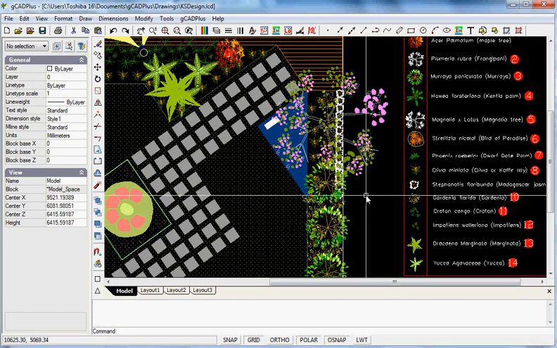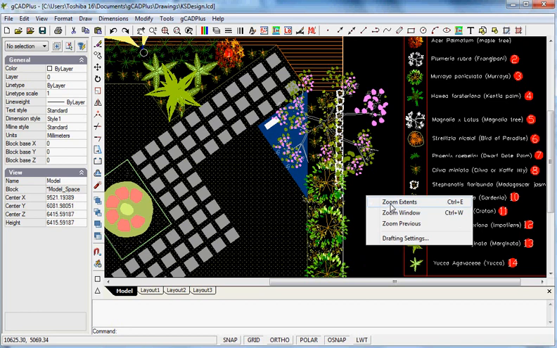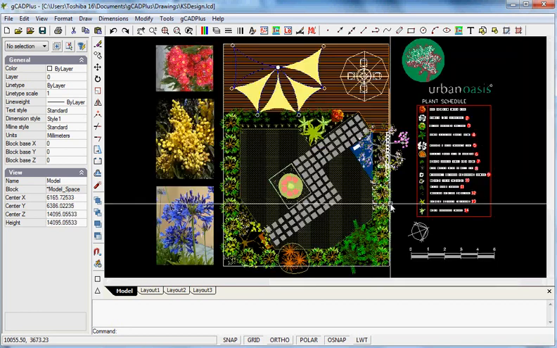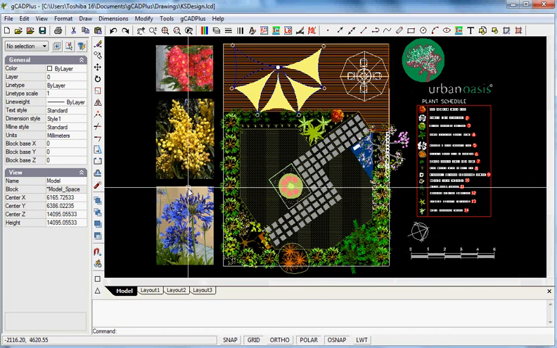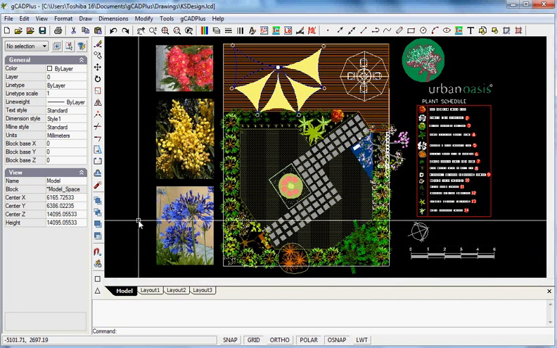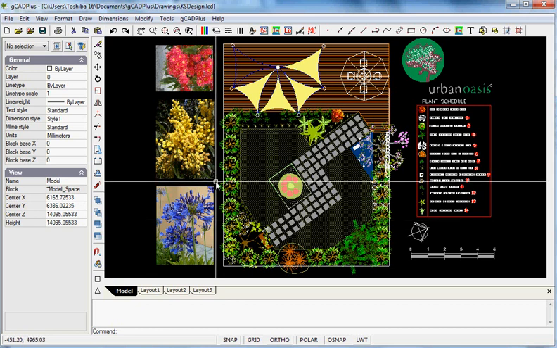So we're looking here at one of the drawings. First thing I would do is right-click and select Zoom Extents. That shows the whole drawing. So I'll do that. Zoom Extents, now we see the entire drawing. If you've picked this one up, you might just see empty squares on the side because we've got images in here and they're on my local hard disk, and you may not see those,